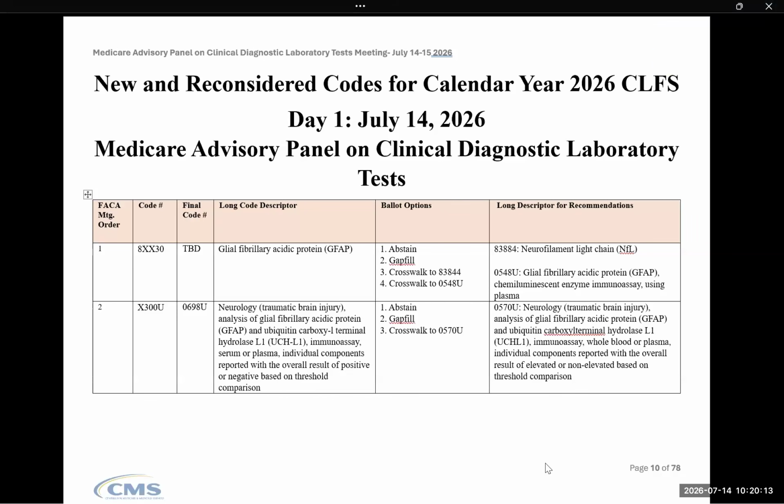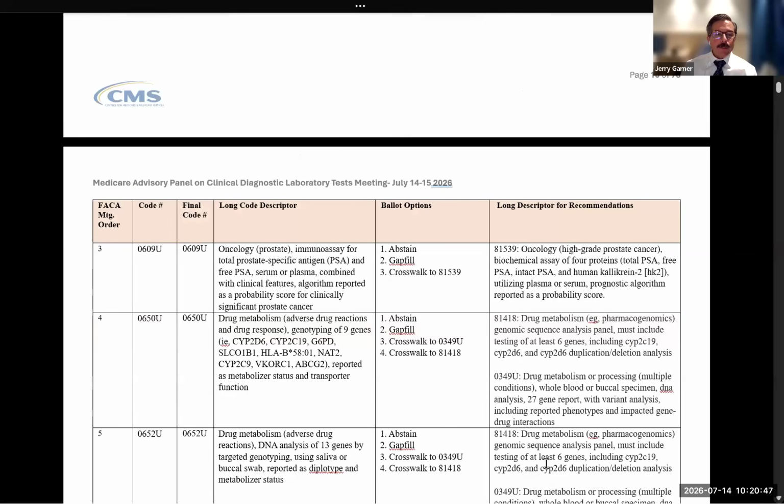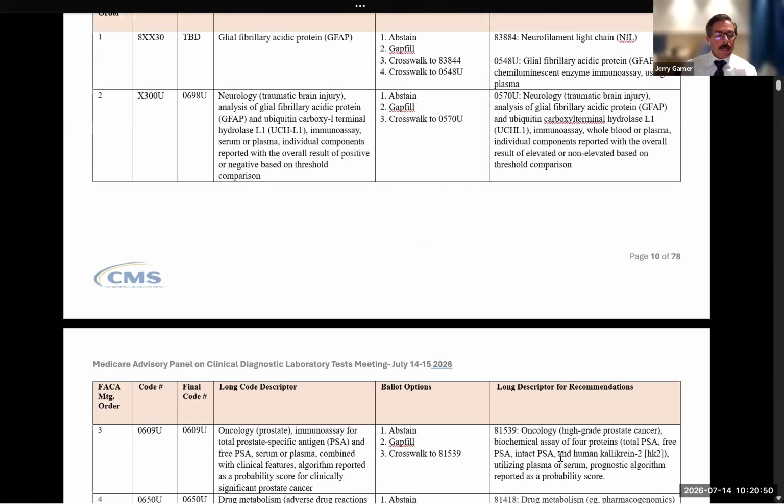Fabulous. All right, our next code, I'm gonna scroll up a bit. The next code is 0609U. And yes, that's you as well, Jerry. Thank you. Yes, 0609U. This is a 2 biomarker MAAA blood test for prostate cancer, including total PSA and free PSA with an algorithm. This test appears to be similar to 0550U, which was deleted effective January 1st, 2026. Both 0550U and 0609U have the same PLA code owner.